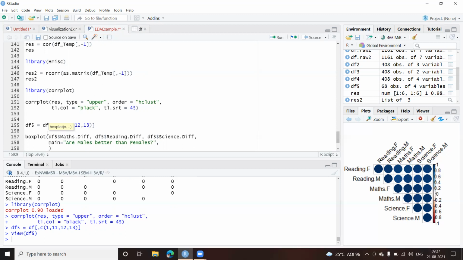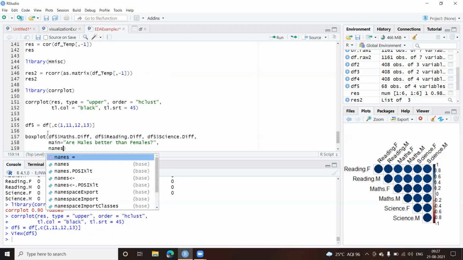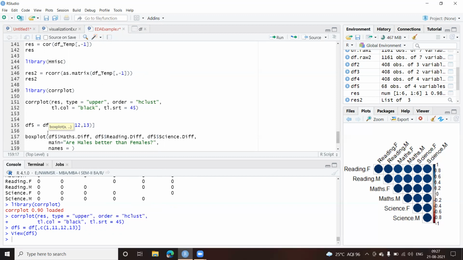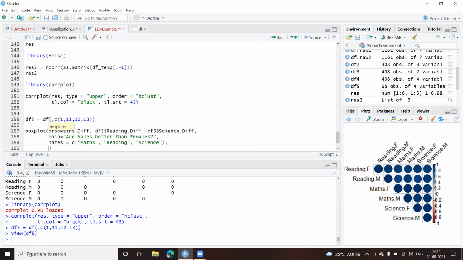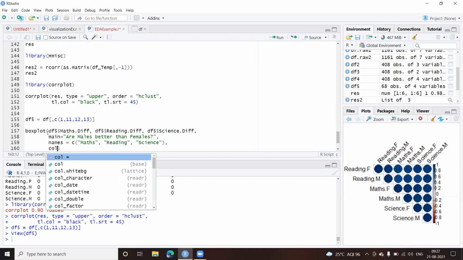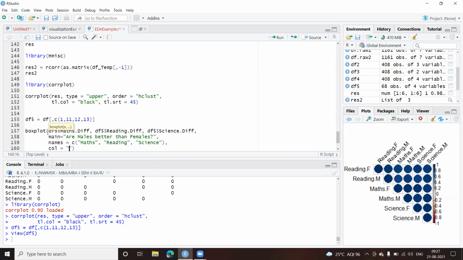Then I'll give the names that have to come in the axis. So I give names equal to, and we have 3 subjects, maths, then a comma, second one reading, and the third one science. Okay, this is enough, and we'll have a color also. So I'll give col, COL is the argument, equal to, let us give some color.